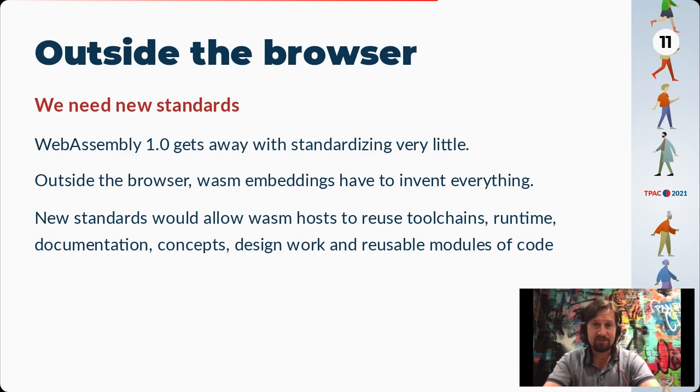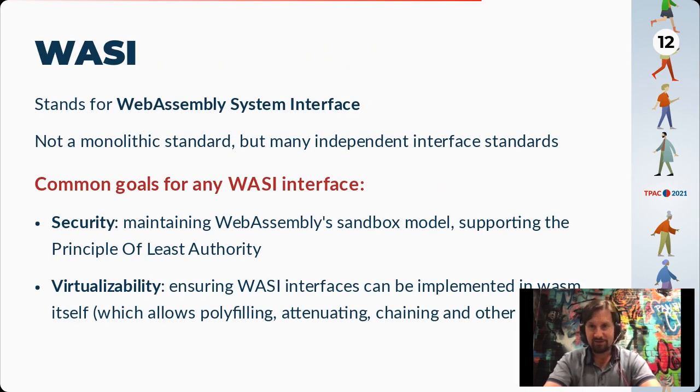But outside the browser, we don't have the web platform, and so these novel embeddings of WASM have had to invent their own bespoke APIs and SDKs. With new standards, these hosts would have the option to share toolchains, runtimes, documentation, concepts, design work, and reusable modules of code. The first standards effort we started around 2 years ago is called WASI, which is short for the